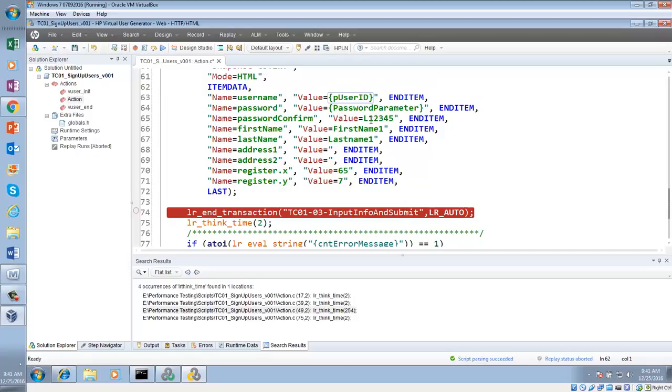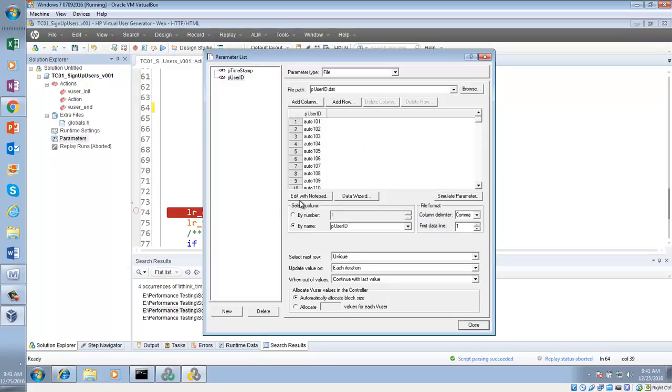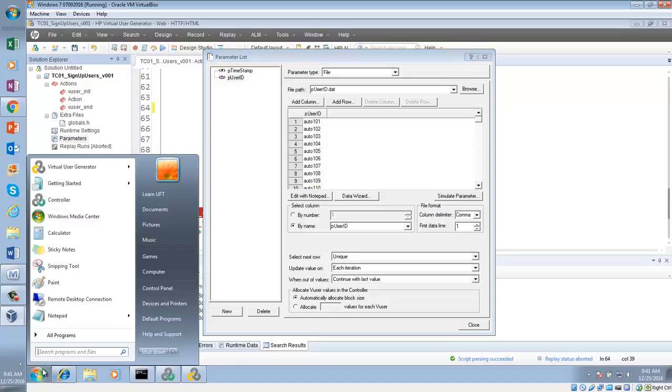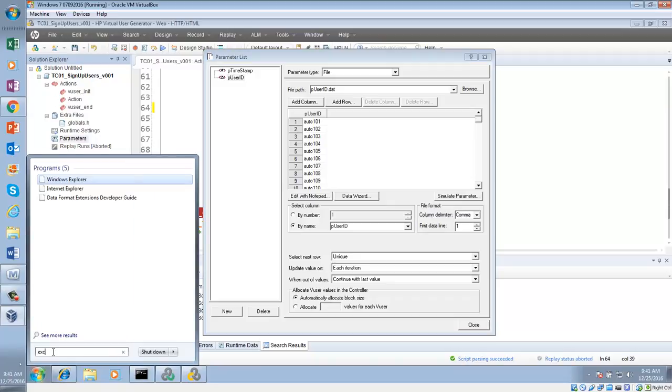Now what I am going to do here: can you see in our script we are giving the password here, password and confirm password, right? We are giving the password in the script. But what if I want to parameterize this password? How will I do that? When I go to parameter, sending parameters. And then how many parameters will I have to give? 100, right? Let me do one thing. Let me see if I have Excel here. I don't have Excel, so okay, I can open Excel from here.